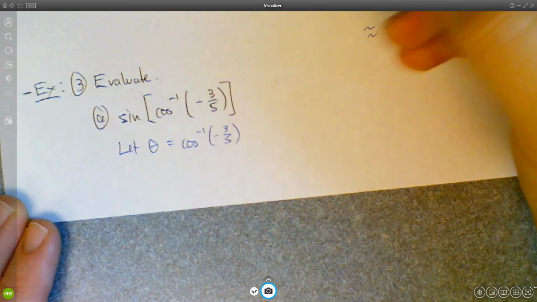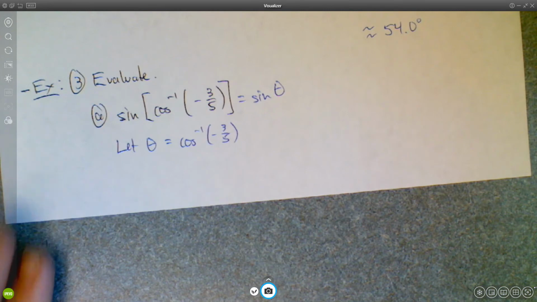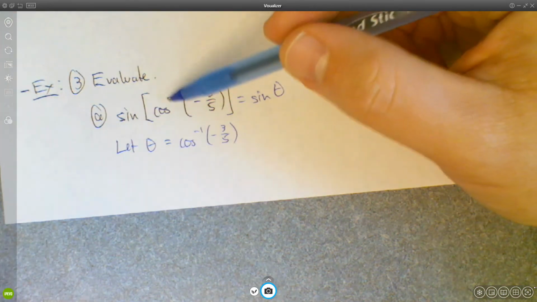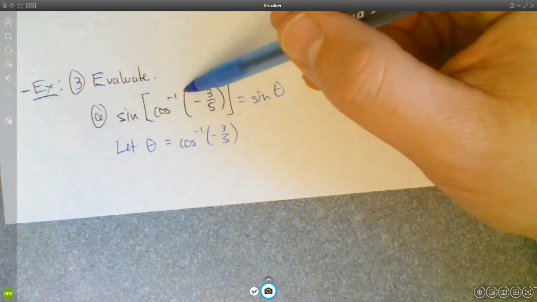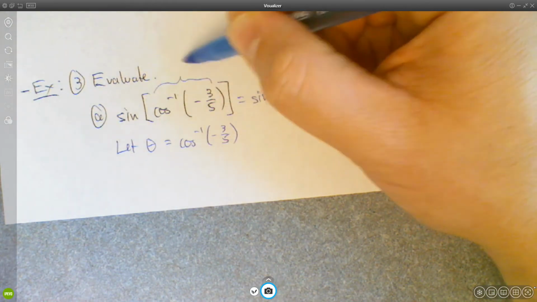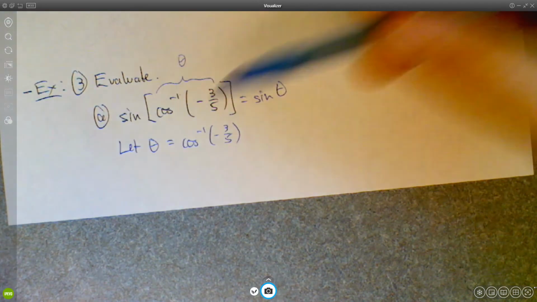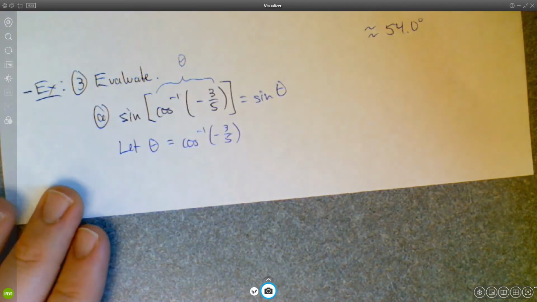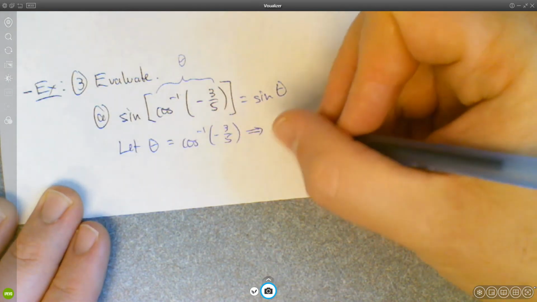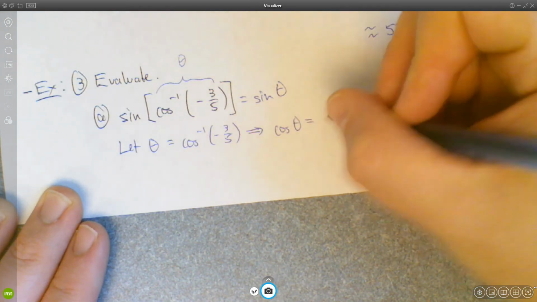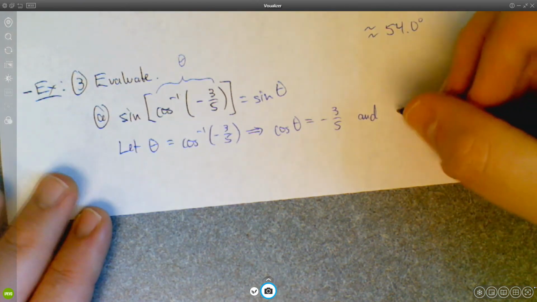So then what we really are looking for is sine theta, right? Because cosine inverse should map back to an angle. So I'm just calling this whole thing theta, and we're really looking for sine theta. Well, if theta equals cosine inverse of -3/5, then that means that cosine theta is -3/5, and theta is between